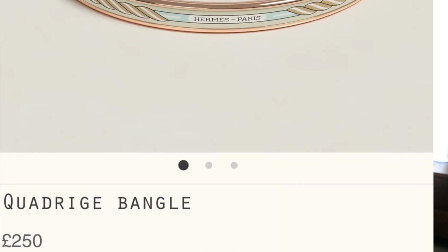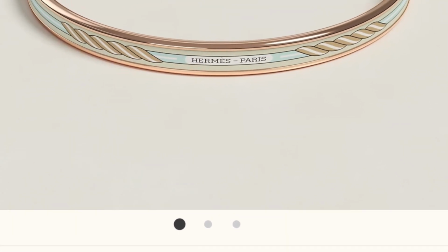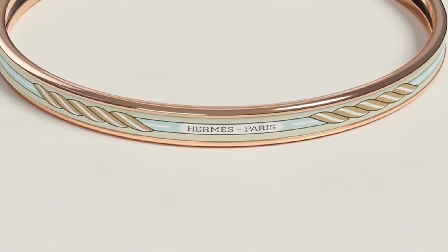If you want to go up a little bit more expensive, then there is what's called the Quadrich bangle at £250, which is printed enamel. That's a straightforward circular bangle that just goes on, and again, a lot of what I thought of as being real traditional Hermes styling. The other way, if you don't want to go along the lacquered wood or enamel, there's a lot of enamels, the KKHs are more expensive, so they're not in this list. And spend a little bit more,